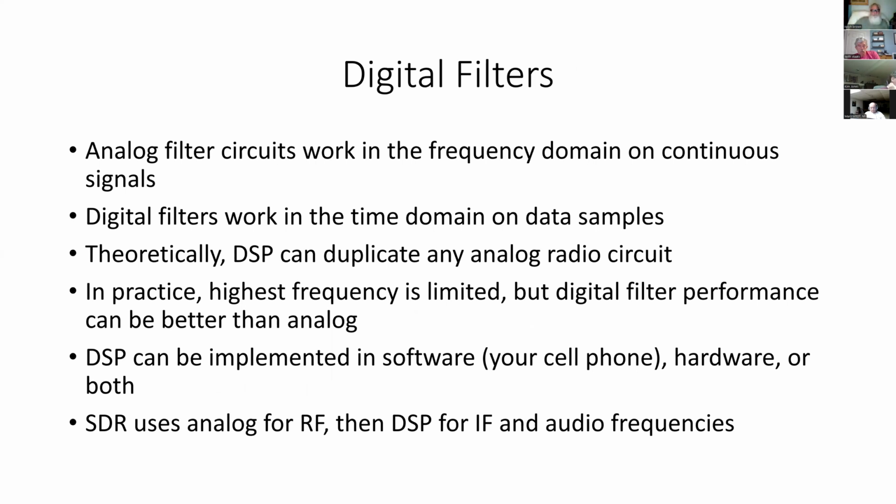Analog filters work in the frequency domain on continuous signals. Digital filters, on the other hand, work in the time domain on data samples. So in a radio that uses digital signal processing, you'll see an analog to digital converter that takes samples at regular intervals. Theoretically, digital signal processing can duplicate any analog radio circuit, filters, mixers, amplifiers,